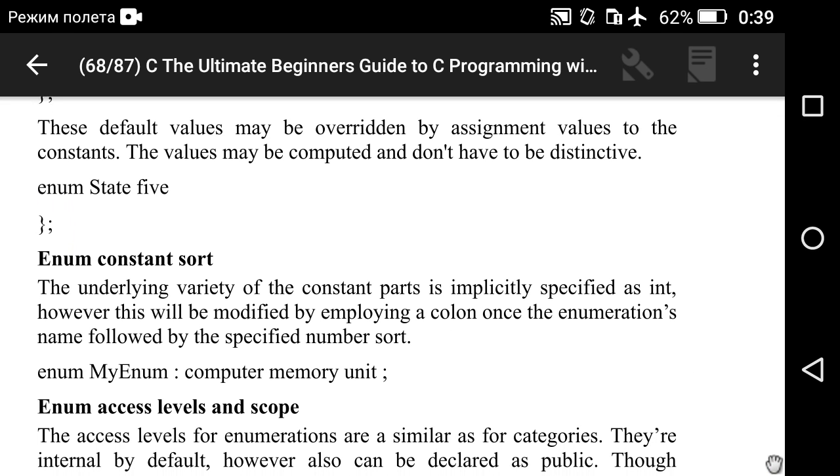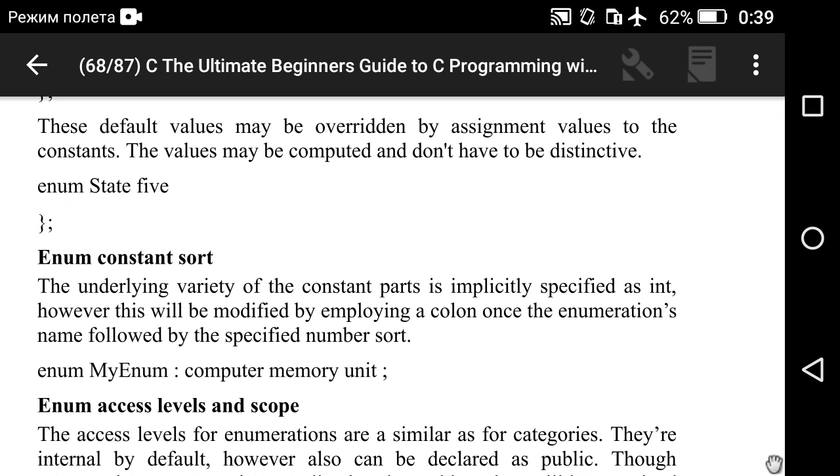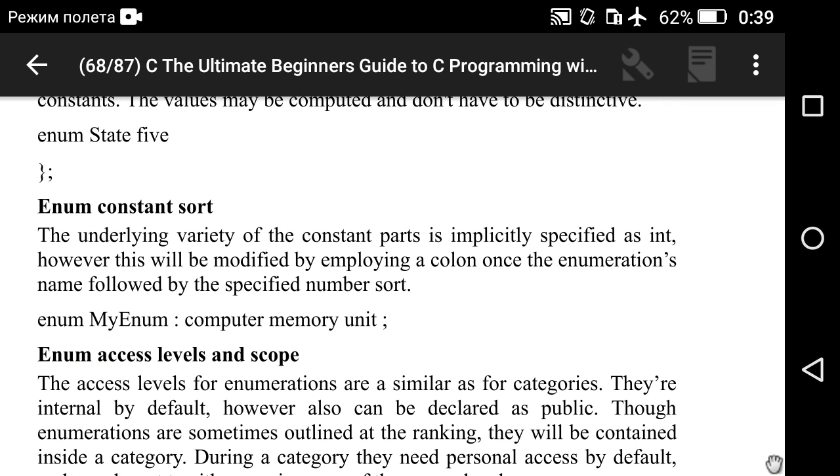enum State 3, 5. Enum constant type. The underlying type of the constant members is implicitly specified as int.